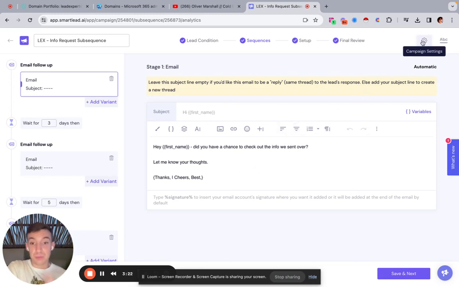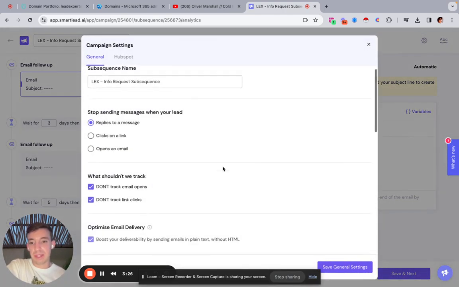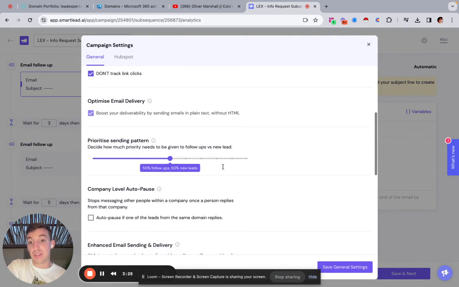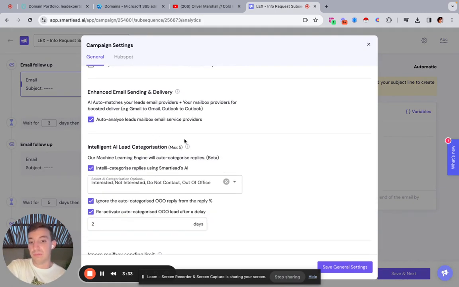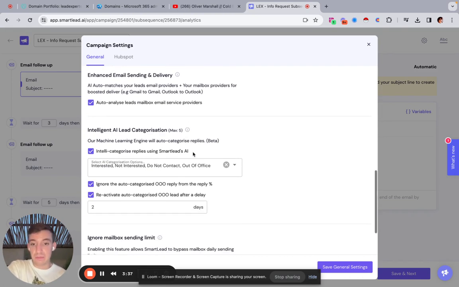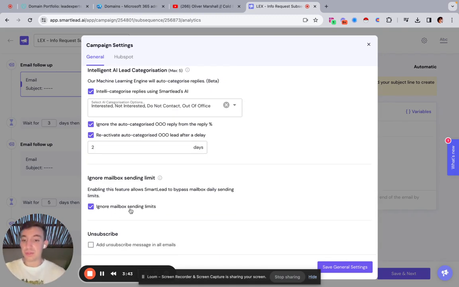One very important detail as well, which is a small thing, is this little cog icon with campaign settings. You want to make sure that these settings are done the same way as you would do your original campaign. So make sure that you're getting enhanced email sending delivery with Gmail to Gmail, Outlook to Outlook. You can also select the categorization and stuff as well. But then this one's really important. Ignore